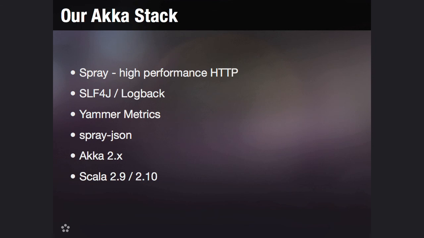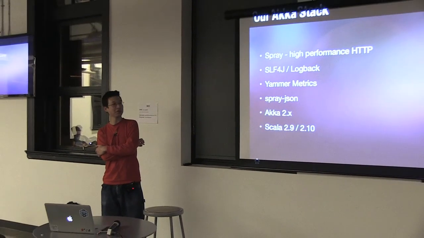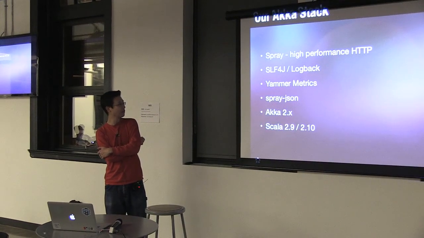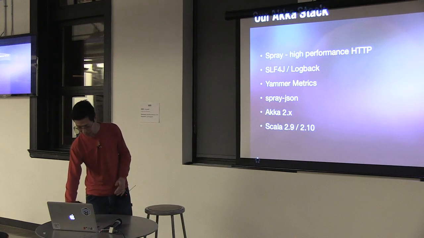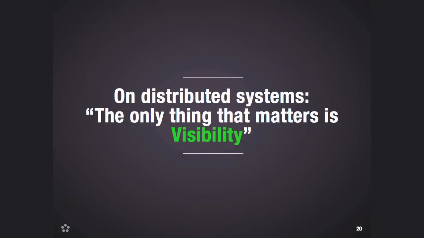So this is our Akka stack. We use Spray, which is a pretty high performance HTTP library, all Akka based, with Yammer metrics, 2.x, fairly standard stuff otherwise. One thing is that for distributed systems, visibility is extremely important, right? Although you all know this,